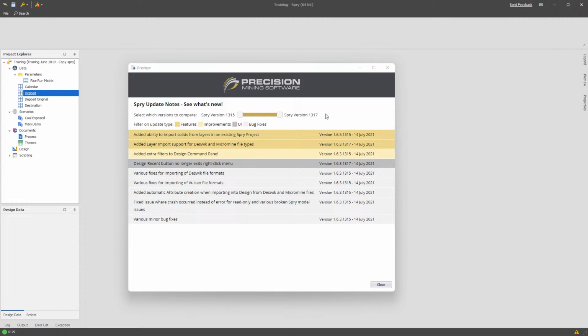So these are the Spry update notes for version 1317, which was a quick update on 1315. So this is the update notes for both. But basically, the big one that we're going to be talking about here is the new layer functionality that's been added to Spry. So being able to import layers in directly, including triangulation type layers, solid type layers, wireframe type